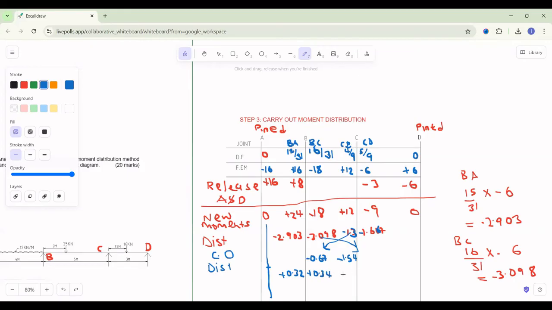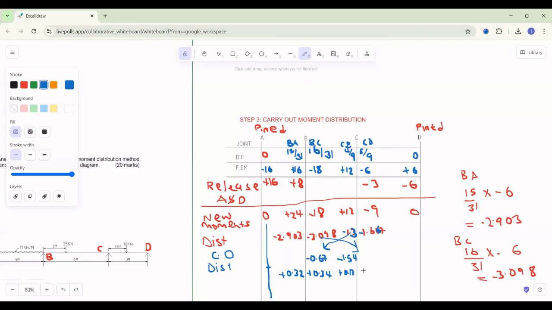And again on this side, you distribute this 1.54, it will be positive 0.17, and on this side,